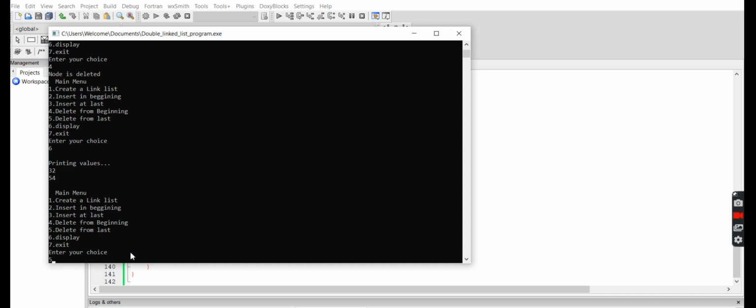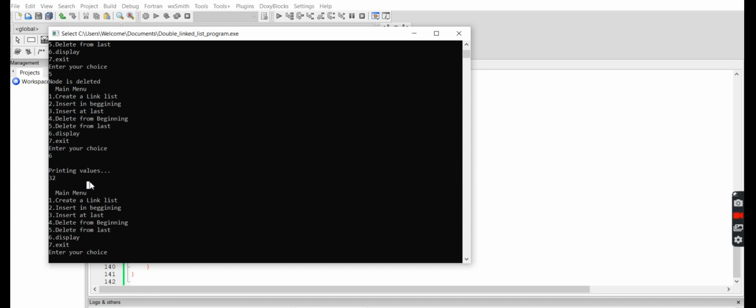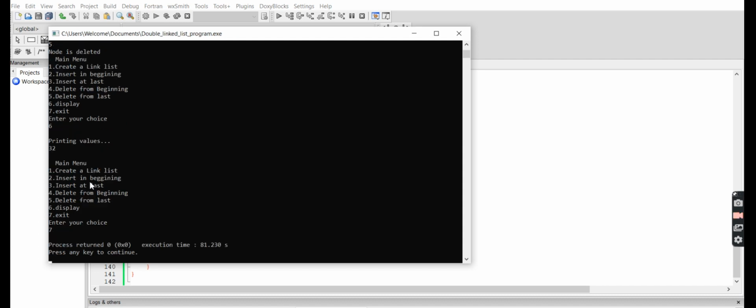After that, I am entering 5, delete from last, and then I am entering 6, and the printing value shows 32 is the only one remaining. For exit, I am entering 7, and then the program is over.